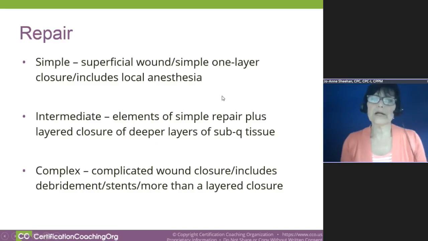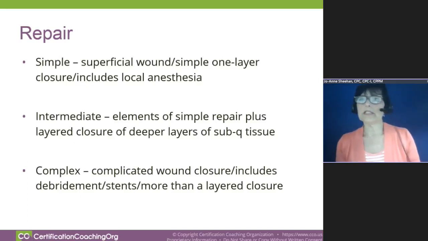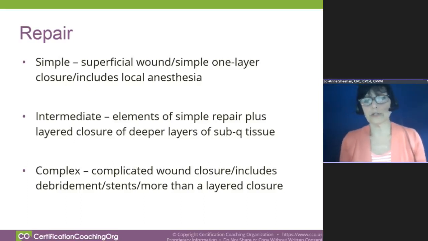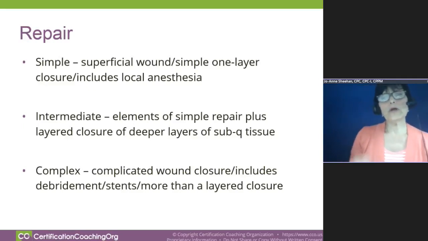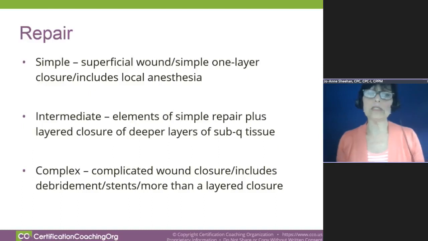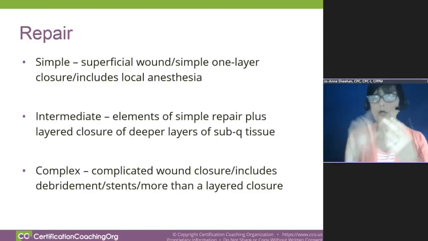A simple repair is a superficial wound, one-layer closure, and sometimes will include local anesthesia. Intermediate includes the elements of simple repair plus layered closure of deeper layers of the subcutaneous tissue. Here I want to stress, because this may also come up in an exam, and it's a note in the